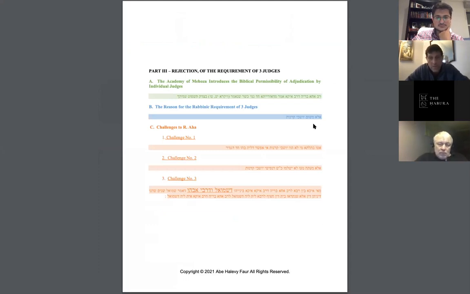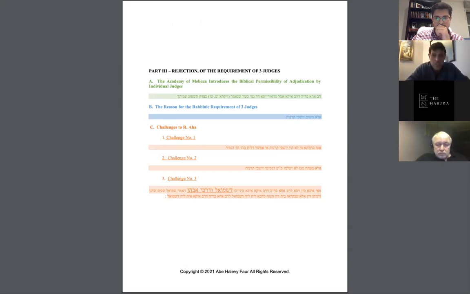Rav Aha Bere de Rav Ika is also in Yeshivat Pum Bedita. He's one generation later. Meaning the discussion of this Mishnah ended during the generation of Rava. We saw that discussion, and that seemed to finalize the matter. But then the next generation,